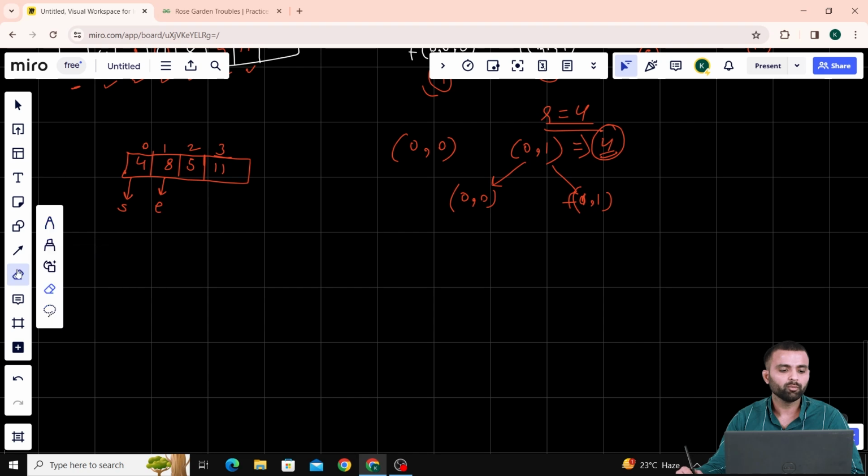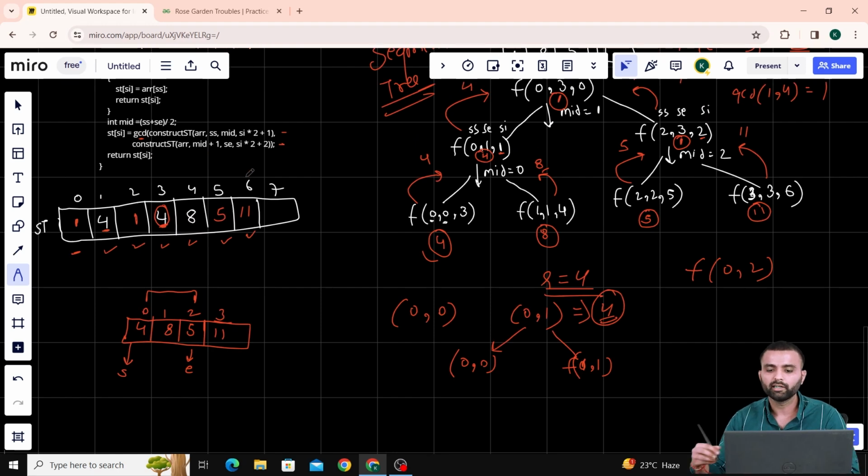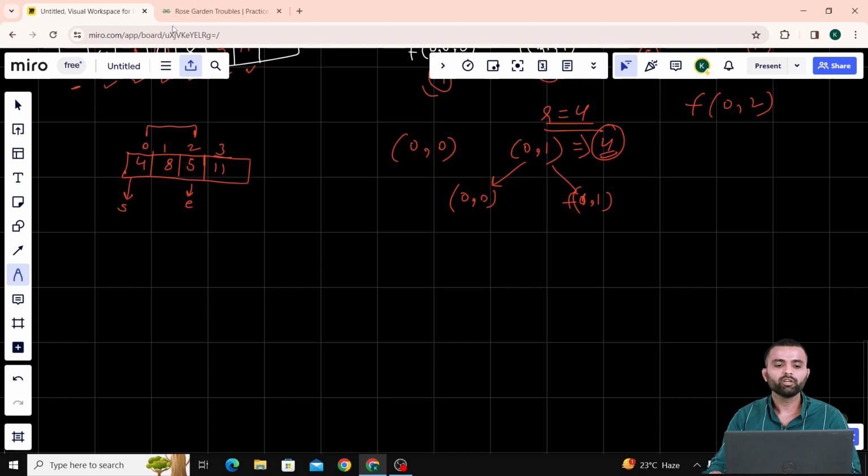So again we have to increment my E part. Let's increment the E. Now E is pointing to this. It means that we have to calculate the GCD of this case, 0 to 2. If you do it manually, let's first check in the segment tree. We have 0 to 0, 1 to 1, 2 to 2, 3 to 3 and 2 to 3. We have not calculated 0 to 2, so that's why we are writing here